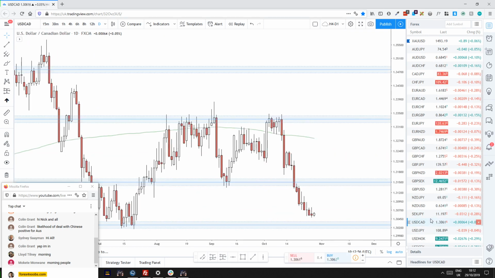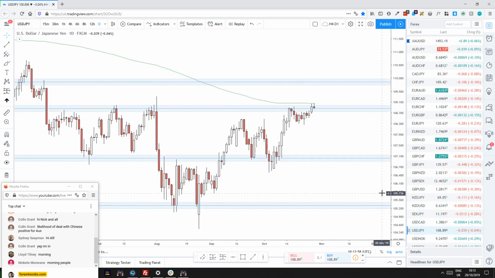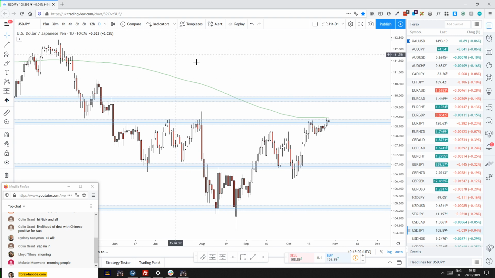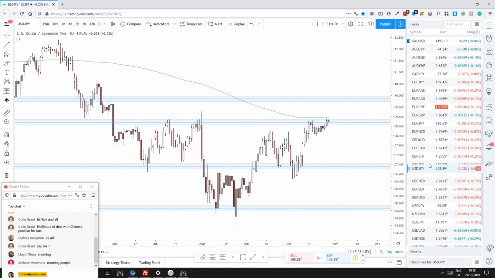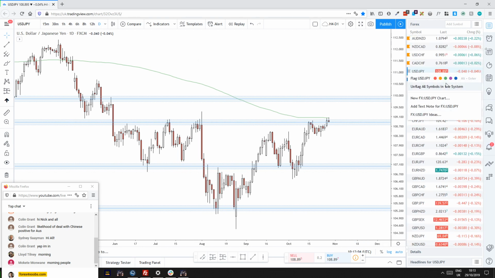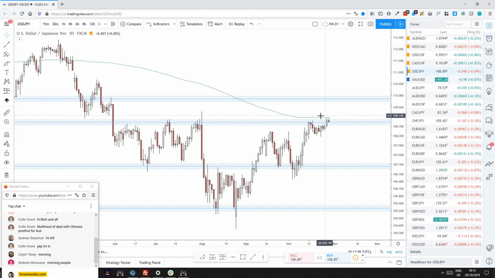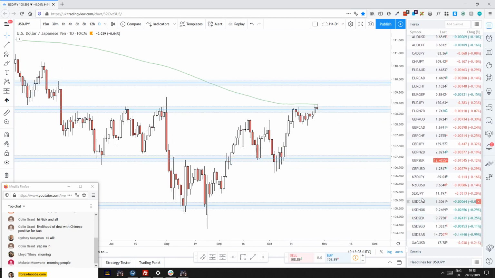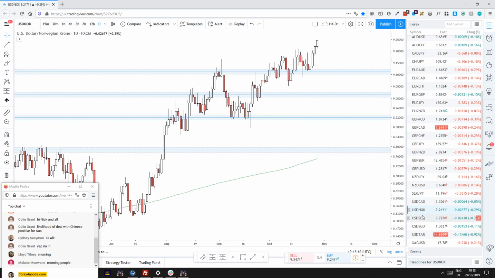SEK/JPY is finally moving down. USDJPY. Let's move this up here. Potential short forming here. I'll get into more details in a second. Let's just finish up this list and then